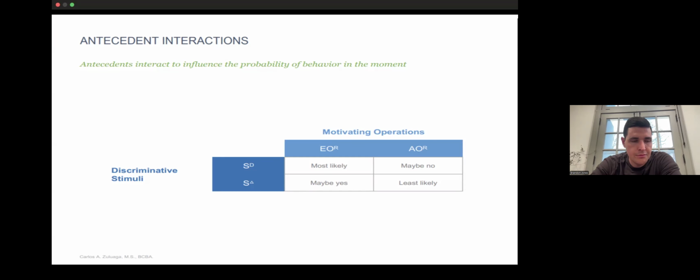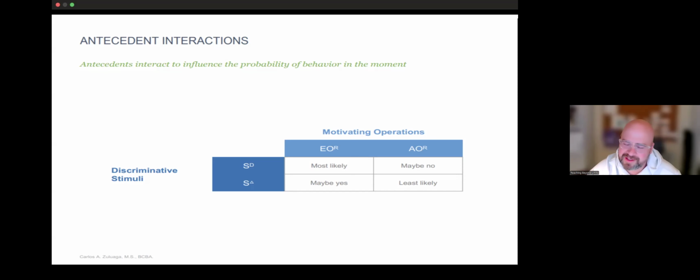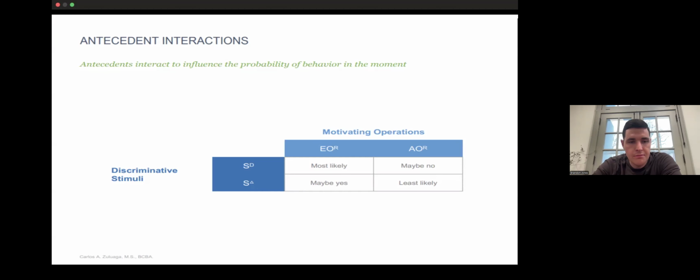And the reason we're explaining this to you is you could alter either one to change behaviors, to make behaviors more likely to occur or less likely to occur. Problem behaviors can be made less likely to occur if you understand these two dimensions of an antecedent and are able to manipulate them. Very good.